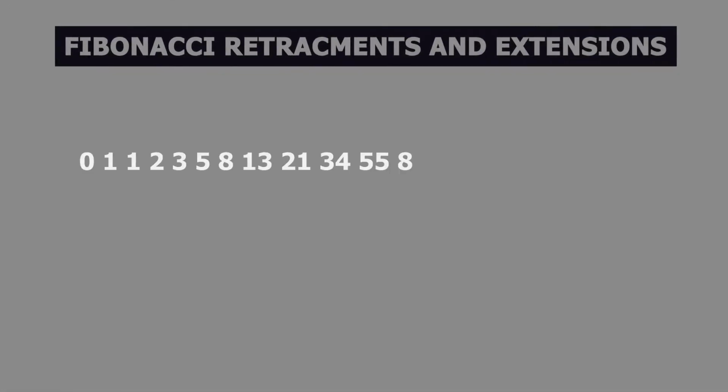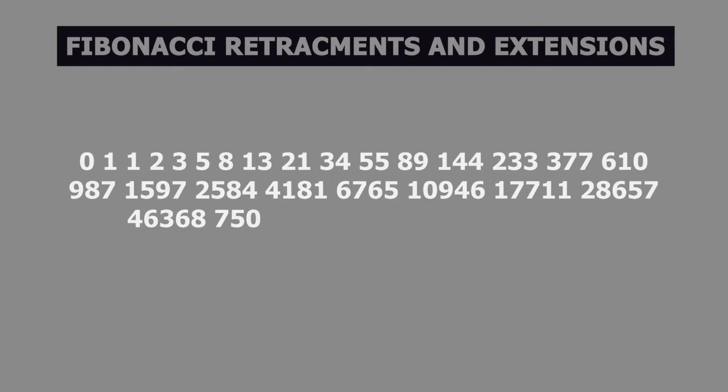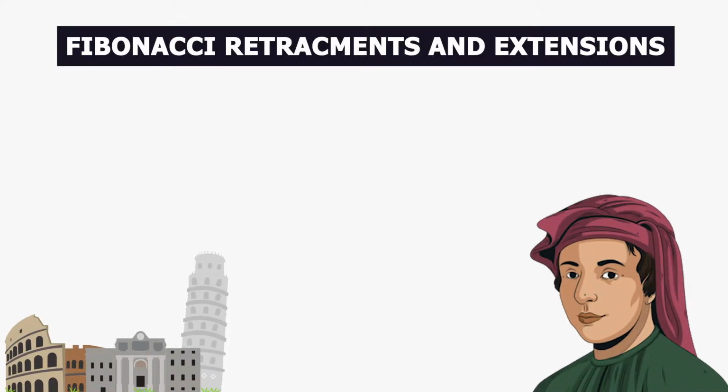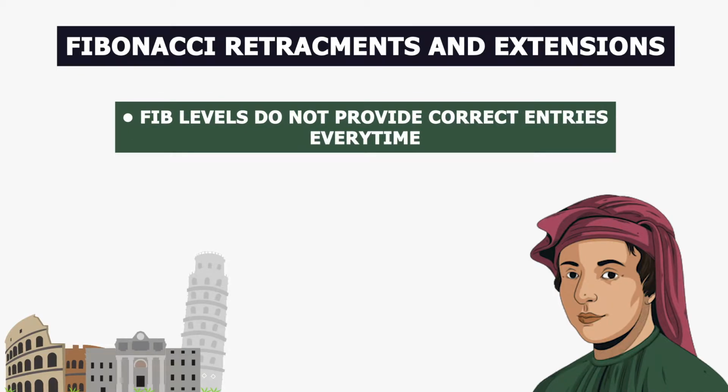Fibonacci retracements and extensions are based around a number sequence called the Fibonacci sequence that was discovered in the late 1100s by Leonardo Pisano, who was an Italian mathematician. Often newer traders will believe that the Fibonacci levels are like a kind of self-fulfilling prophecy. It should be known that these levels hold no more strength or validity than any level on the chart, and